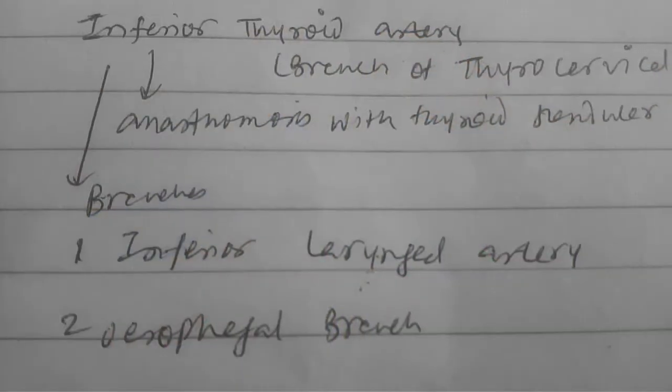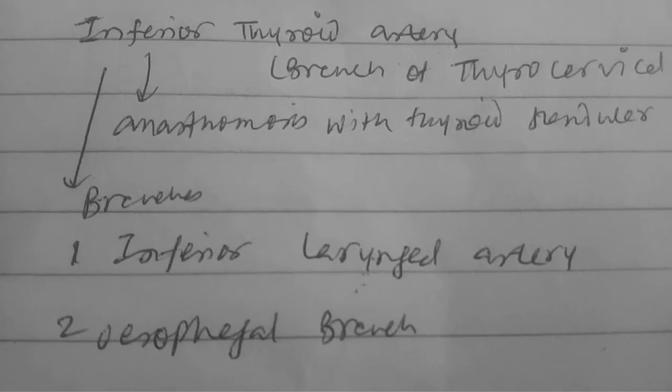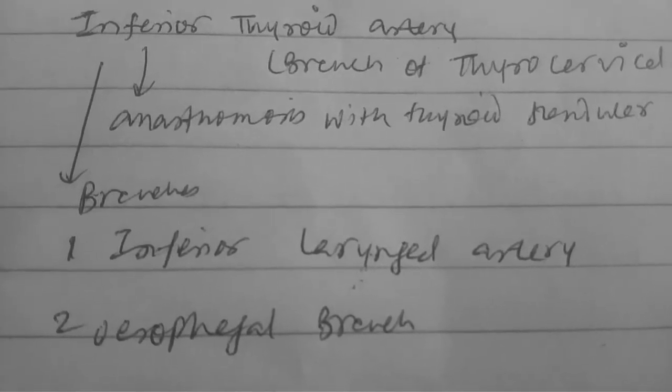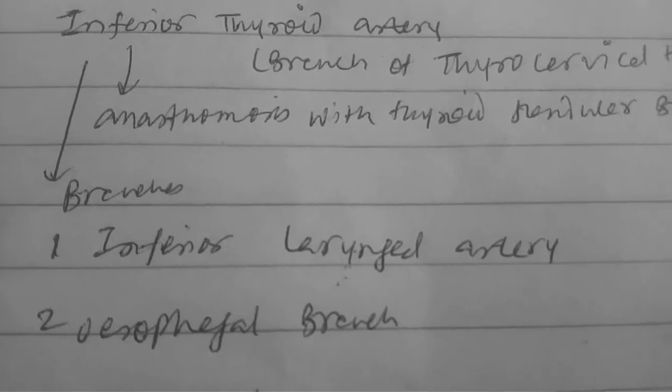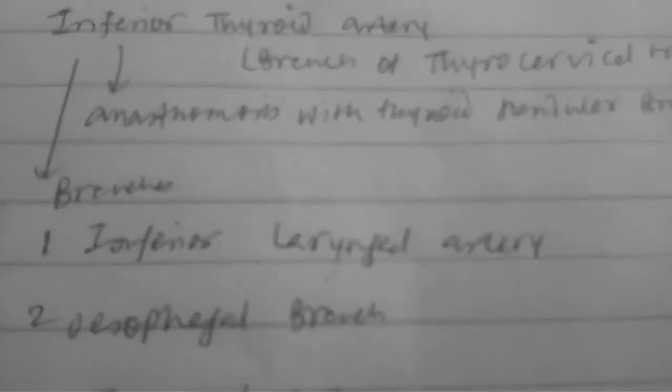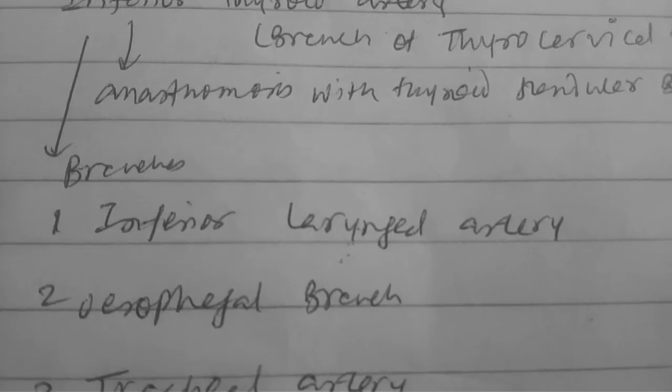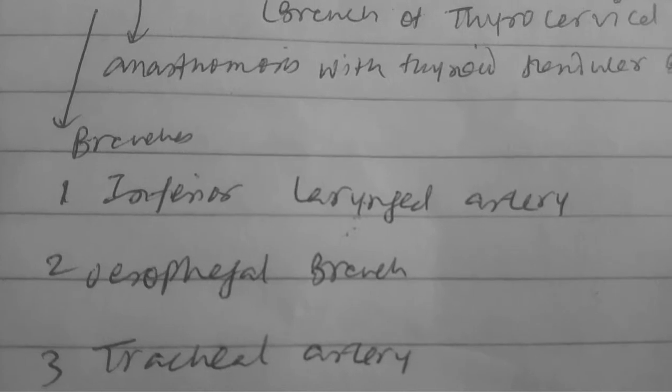the below region or in the inferior region of the thyroid. So we'll talk about not the superior but the inferior laryngeal artery in here, which will supply our voice box, or the responsible structure for voice production.